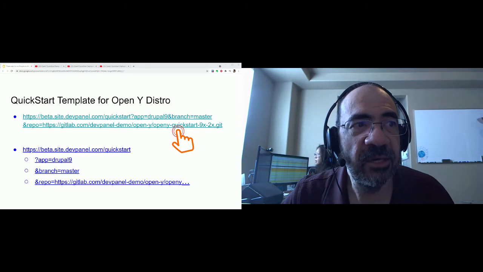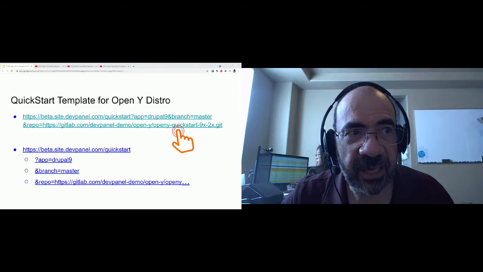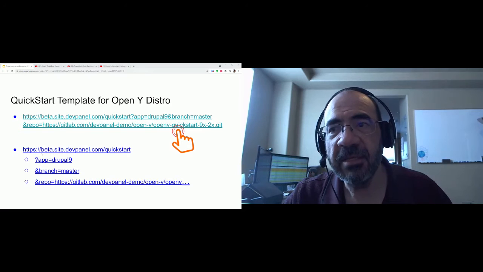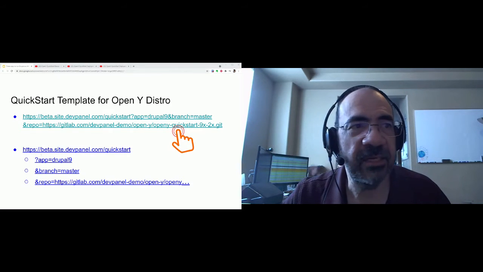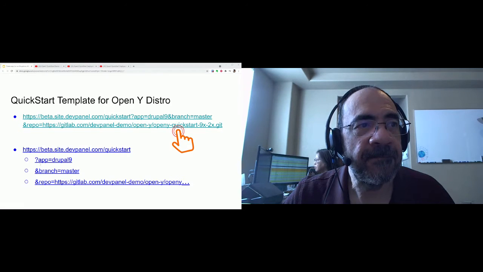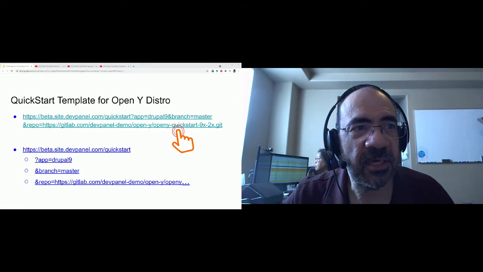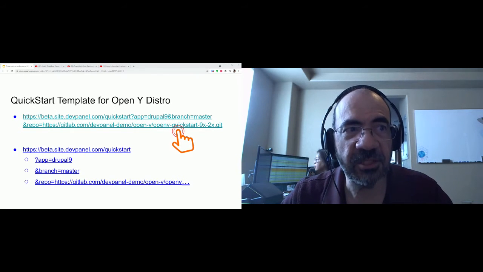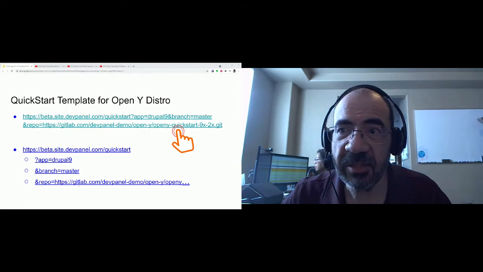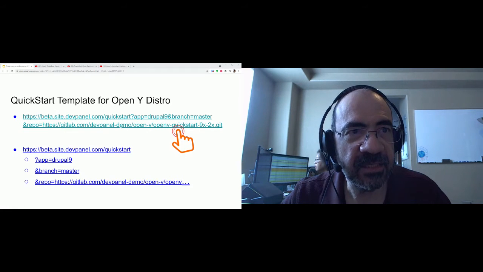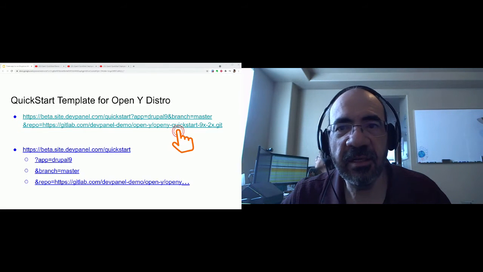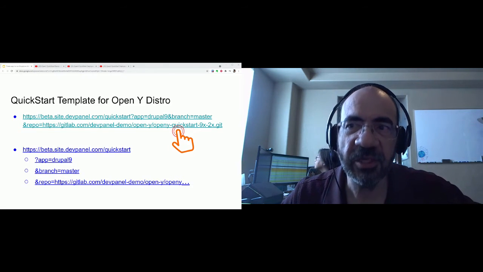This URL that you get and can distribute to other people has several different pieces to it. One is the quick start application that you're calling on dev panel. This is still running in beta, so it's still in the community version. And what you're telling the quick start is that the repo you're sending it is a Drupal 9 application. We're going to be looking at the master branch of this repo, and here's the address of the repo. So you click on it, and then this is what you're going to get as the output,